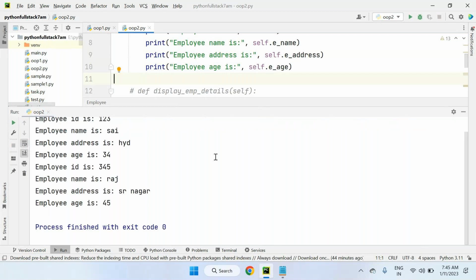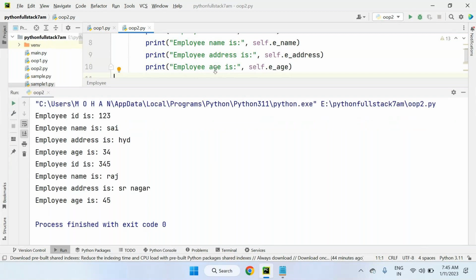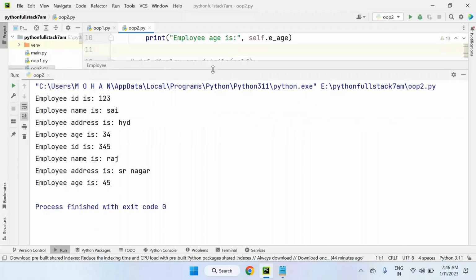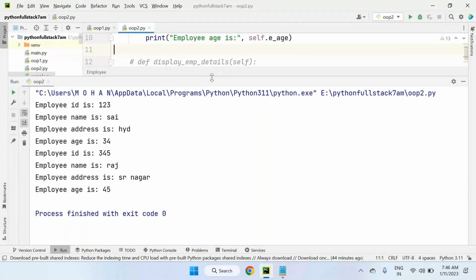We got the output here. Employee ID, employee name, address, age. Employee ID, employee name, address, age, like this. We got these two object references. Fine. Okay. But